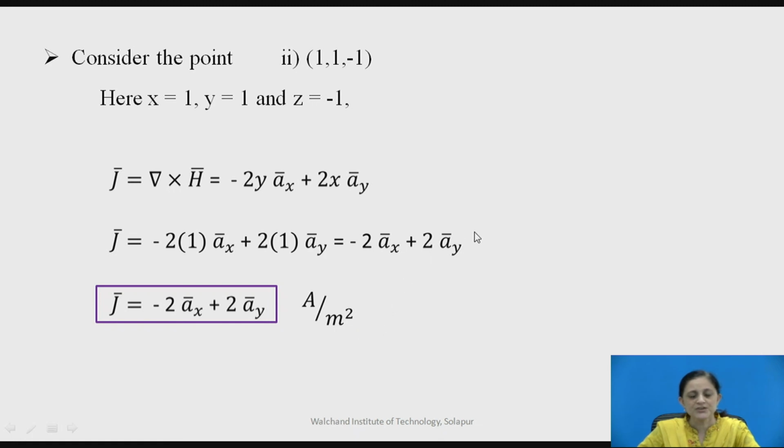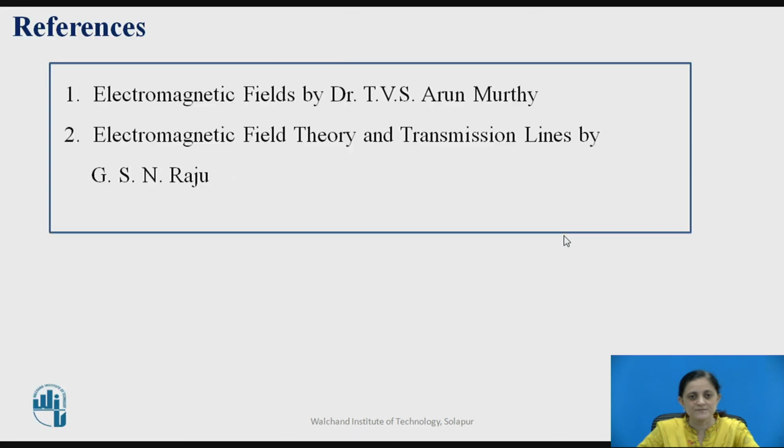In this way you can find out the j bar, that is current density, from the point form of Ampere's law for any type of coordinate system. Here it is the example of the Cartesian coordinate system. So you can put the curl operation for different coordinate systems such as cylindrical and spherical, and you can find out the j bar equation for that particular coordinate system given.